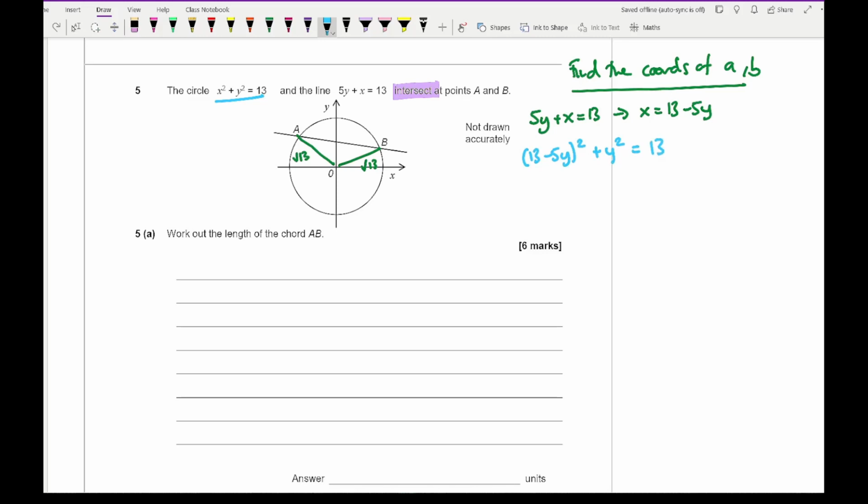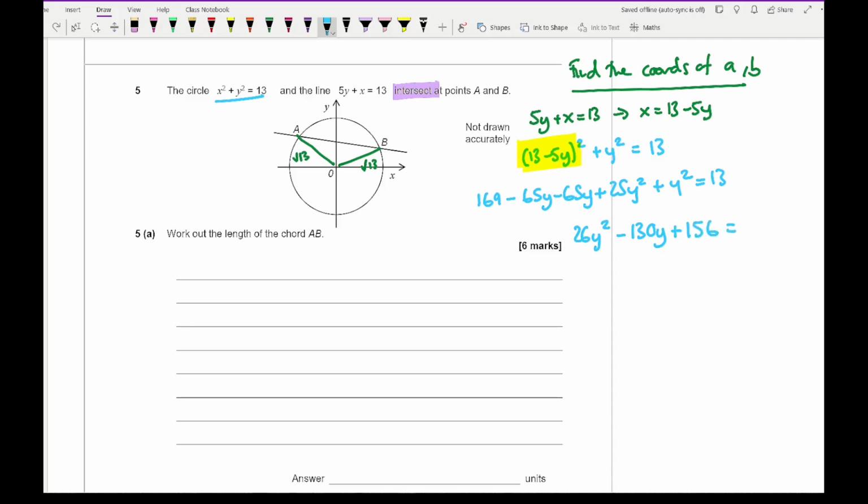If I expand this out, then what I'm going to end up with is 169 minus 65y minus 65y plus 25y squared plus y squared equals 13. Now neatening all that up, what I end up with is 26y squared minus 130y, and then 169 take away 13, which gives me a plus